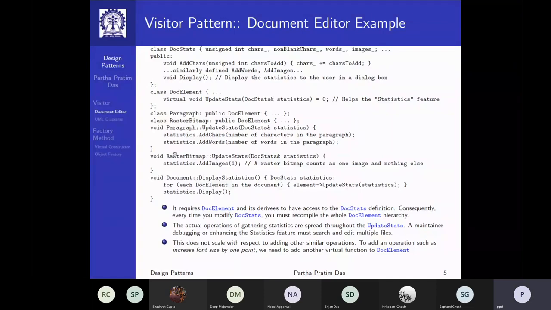So these are not complete codes. These are snippets, just highlighting the part that we are concerned with. So we have a docstats class, which has members to keep number of characters, non-blank characters, words, images, etc. And we have methods like add characters. That is, if a particular document element has 5 characters, we should be able to add that number to the number of characters already found. Similarly, there will be add word, add image, and there'll be a method to display the statistics